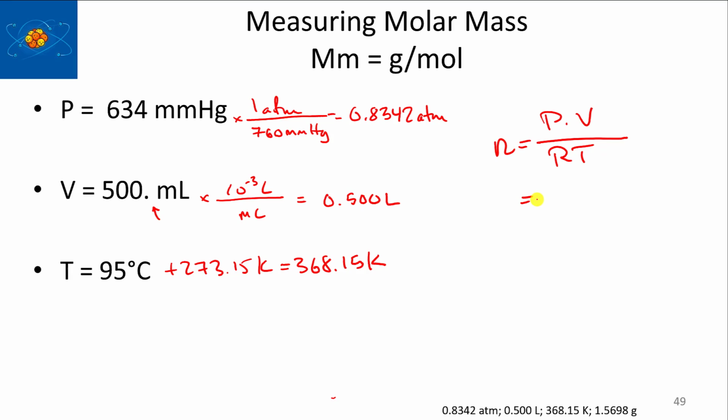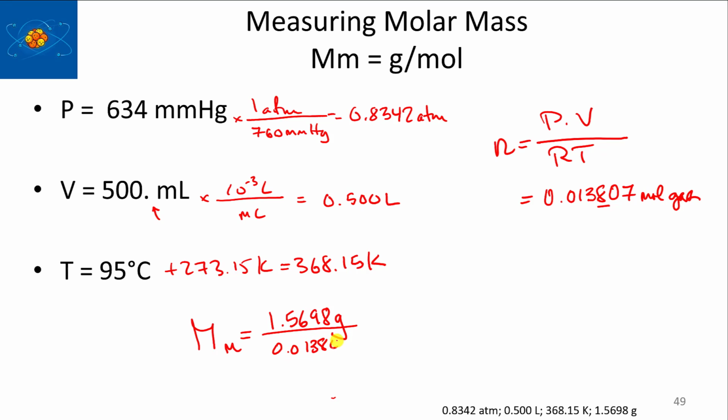And then when you do that, and I'm not going to fill it in, but I'll let you do that part on your own, you're going to get 0.013807 moles of gas. And then using that, the idea that the molar mass is the mass, which was from the previous slide, 1.5698 grams, divided by the moles, 0.013807 moles, and we do the math, and we'll get